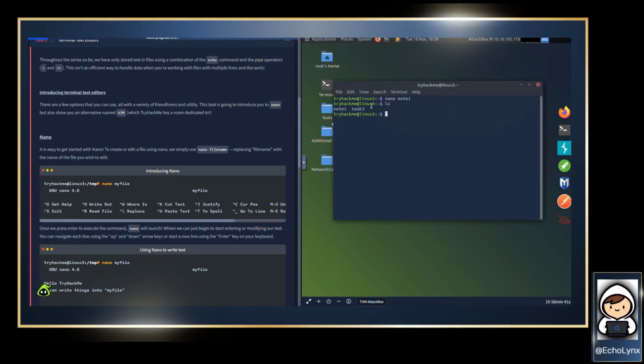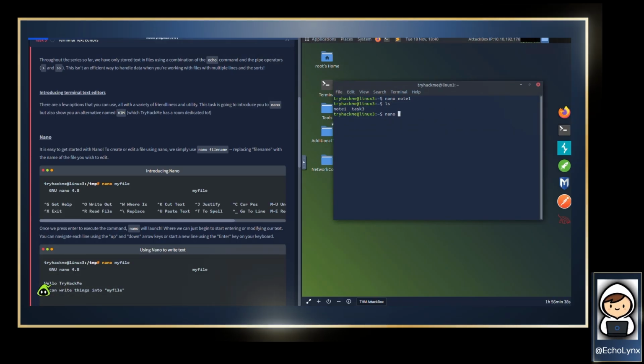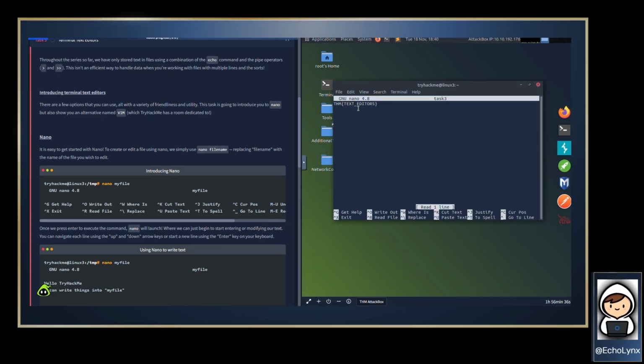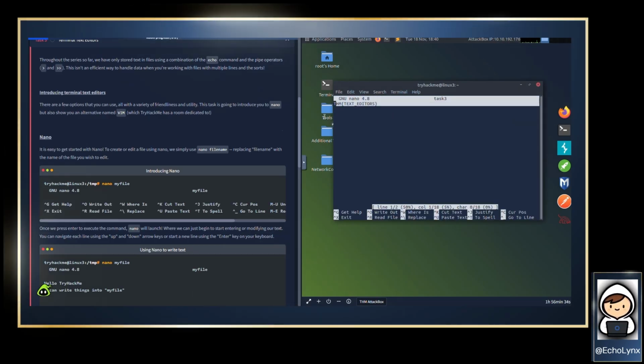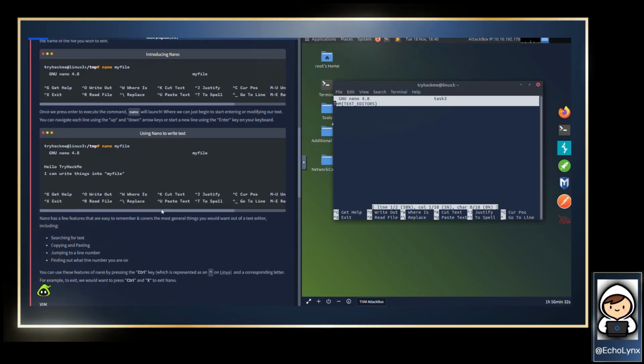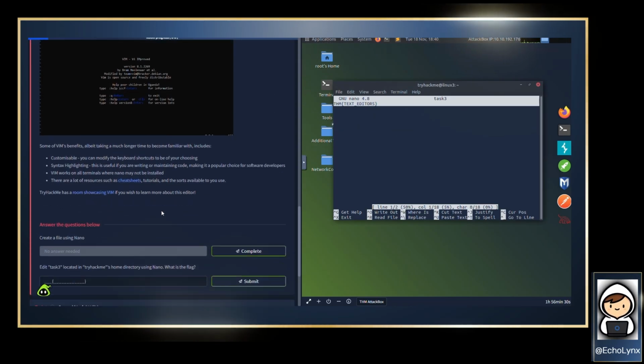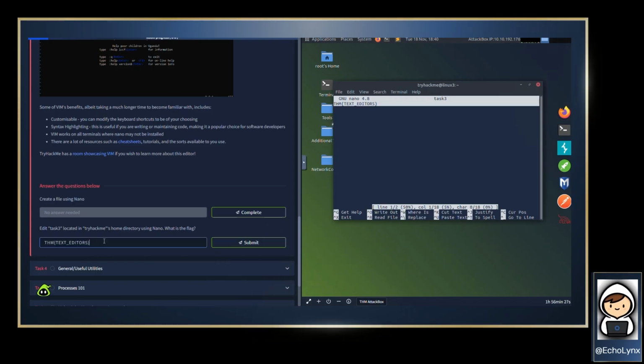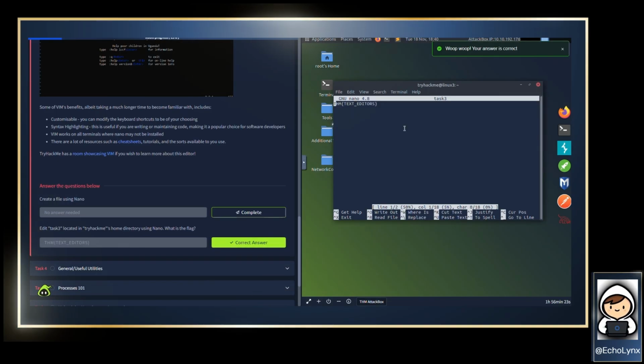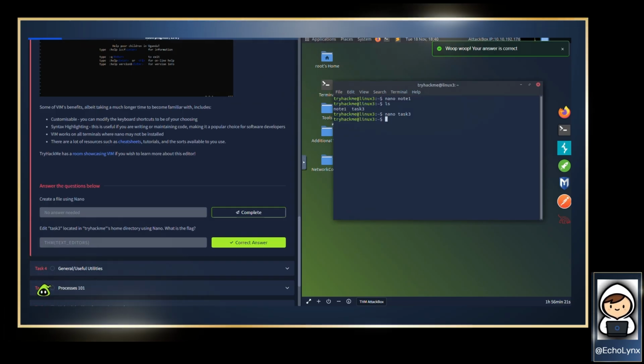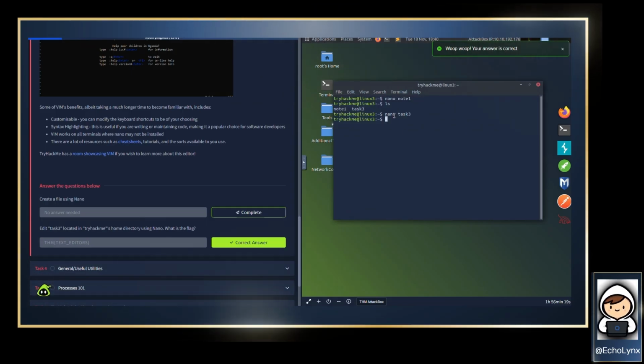Now open the room's file with nano task3. Use the arrow keys to move around. Ctrl+W searches inside the file. When you find the flag, highlight and copy it from the terminal exactly as shown, then submit it. That's the whole flow. Create something simple so you know how saving works, then open task3, find the flag,